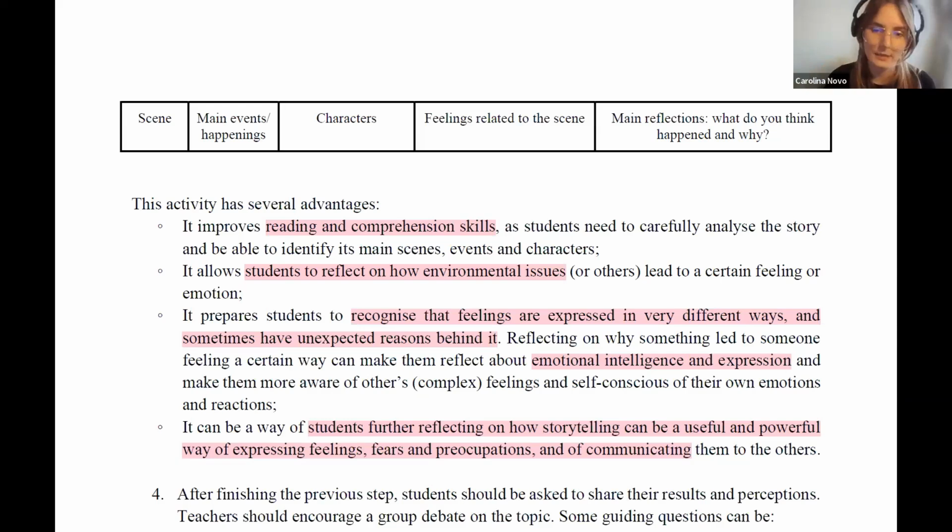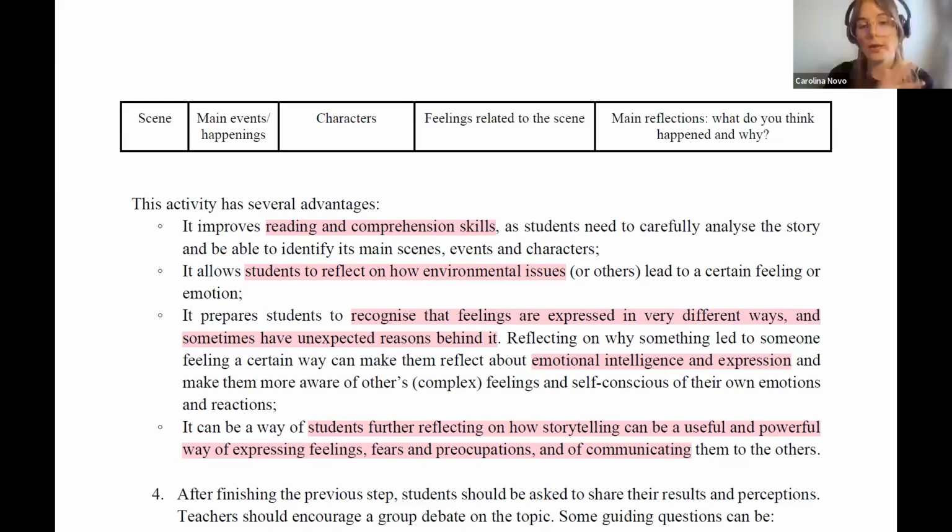Because, like I said, the idea is that then we can make a bridge to the students themselves and ask them to reflect on how they can tell their stories, to express feelings, fears, preoccupations about their lives, but also about school. So as I said, this activity is a bit twofold.